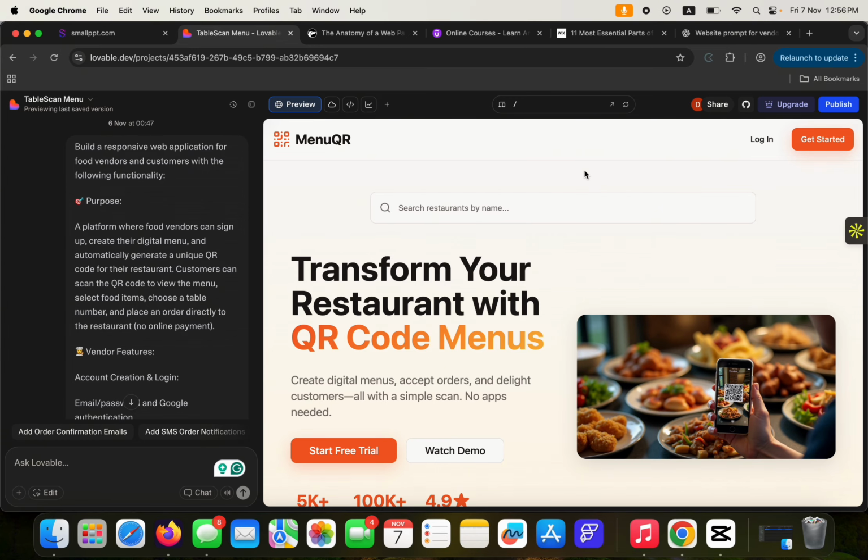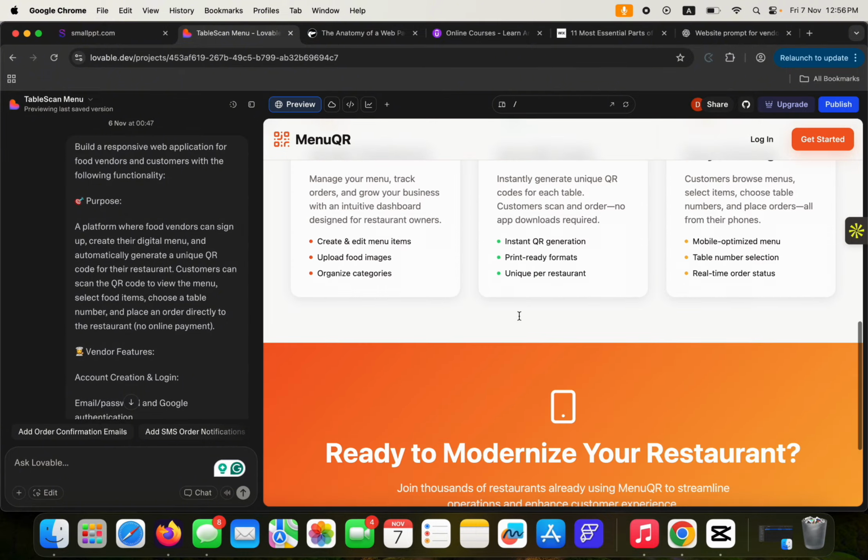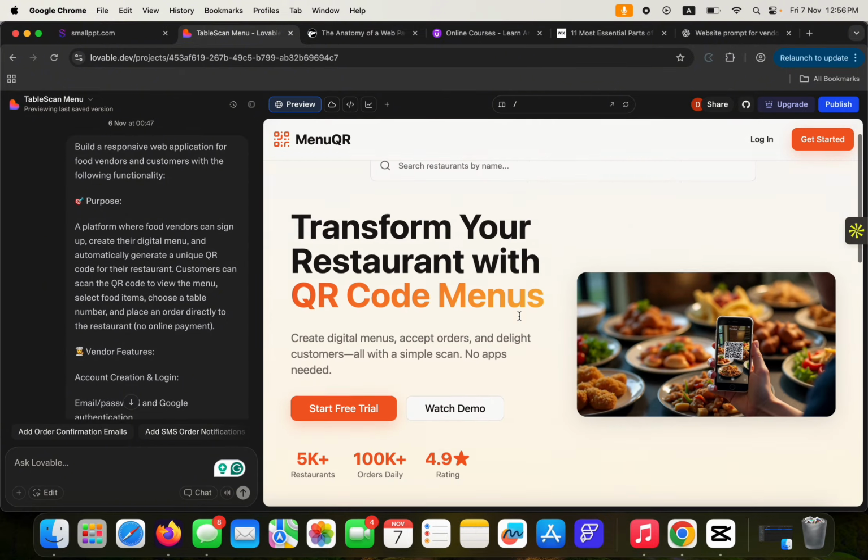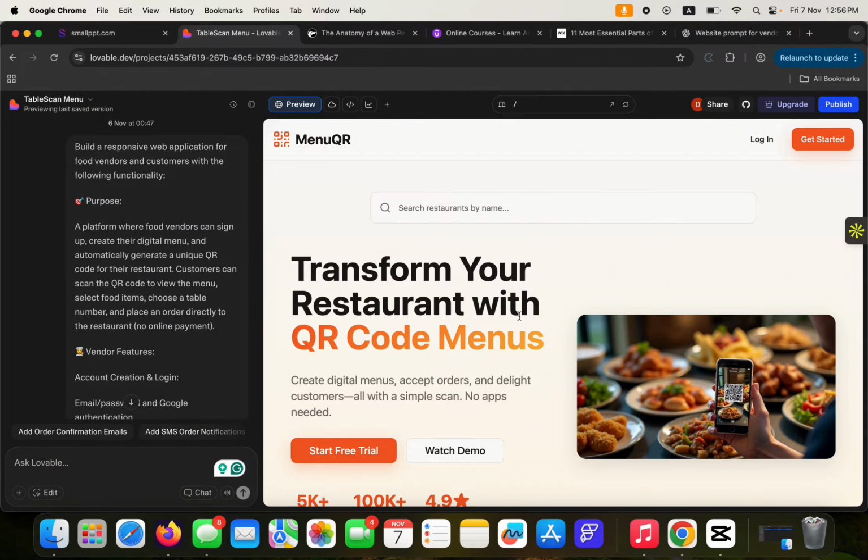But this particular course is designed to teach you how to build a fully functional website without having to write code, using Lovable. This is one of the best things that has happened to app and website development in a very long time. Now it's actually very easy to build a website without coding, without even having to learn how to do this. So this course is just to walk you through the do's and the don'ts, the process